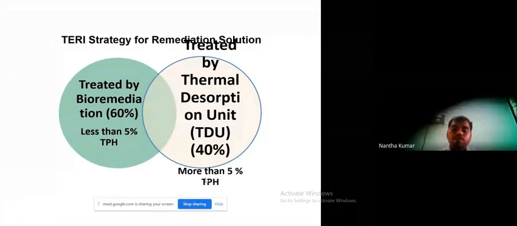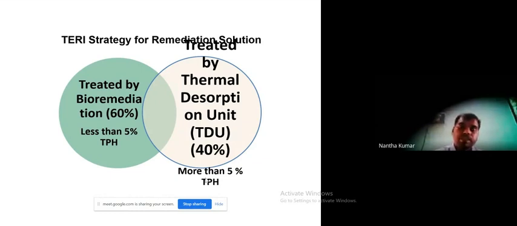Once characterization and UXO clearance are done, and the total material has been characterized, with quantification and the concentration of pollution known, the method is selected, and the material to be treated through bioremediation is separated.